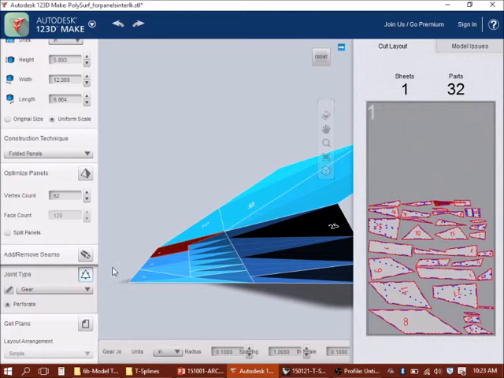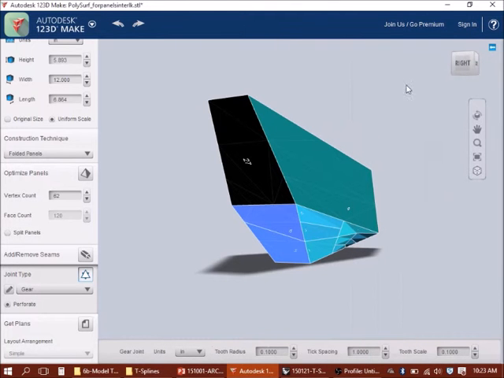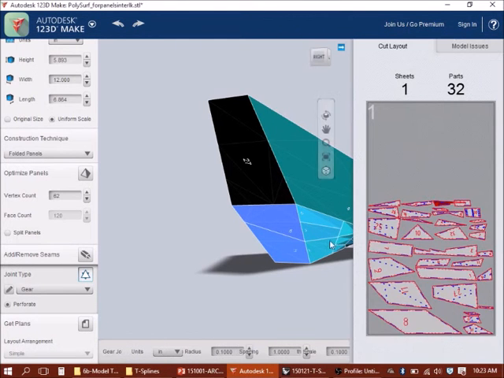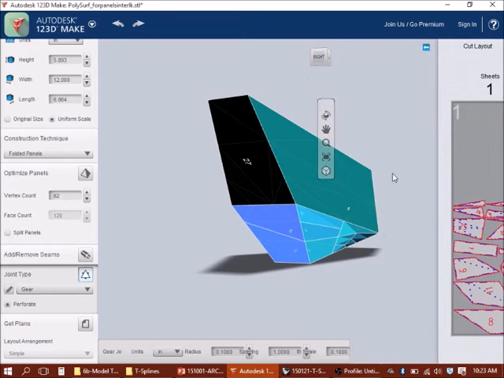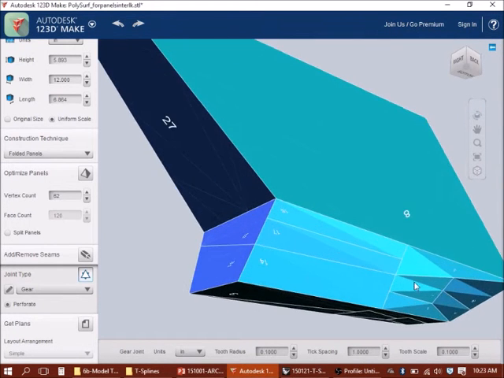And then you go through the process of getting plans and exporting and so forth. Now, depending on your form, you may have a lot of errors. And there were a lot of errors with this piece because of those double curved surfaces. So you can see here,